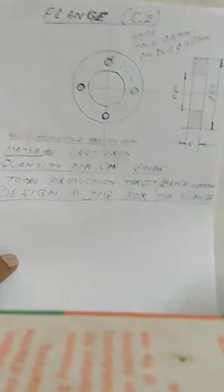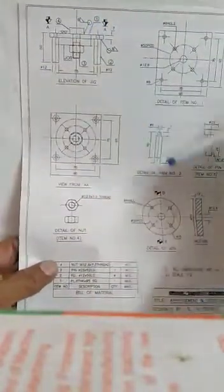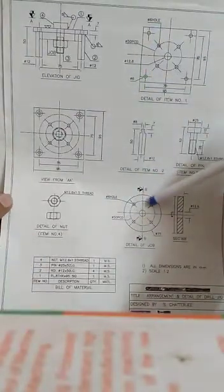So I am showing you a particular drill jig for this particular job. It is clearly showing you the total picture of this jig. You just look at this figure, this assembly figure. This is the job. We have to manufacture this job, these 4 holes here, which I have shown before,